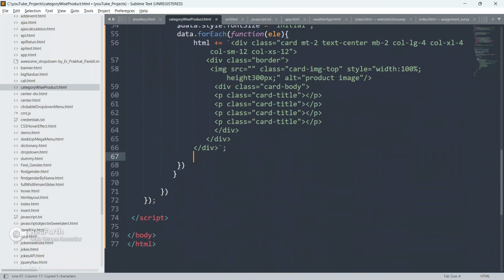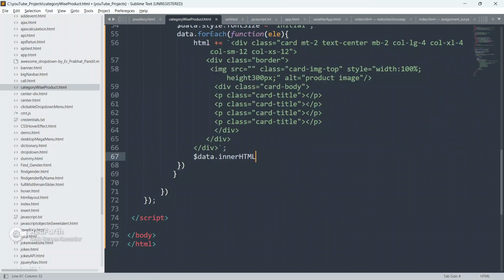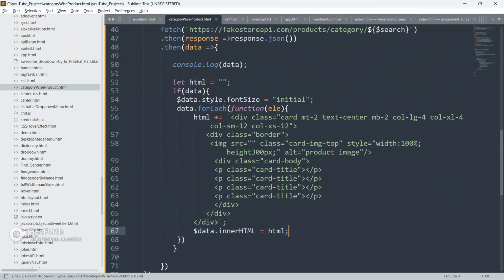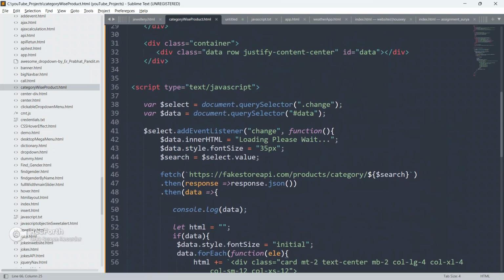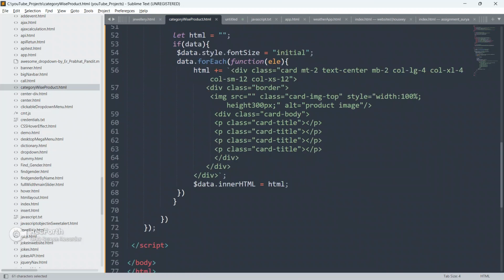So I'm gonna give data dot innerHTML equal to this HTML, which I have appended here using this append method. We are gonna place each and everything inside this div only.